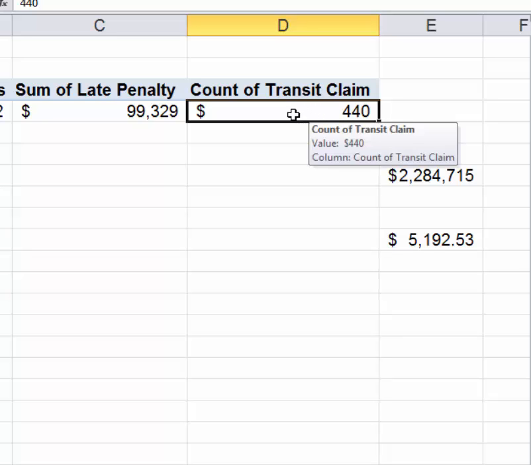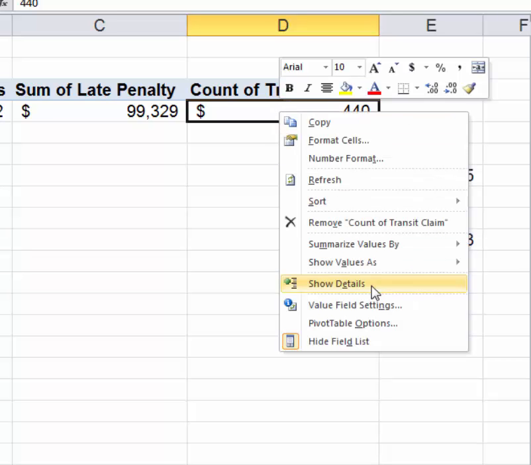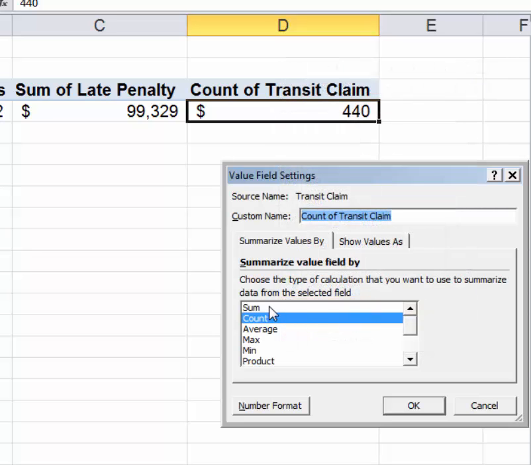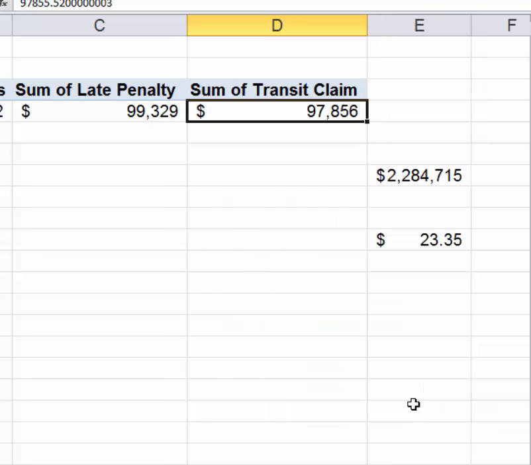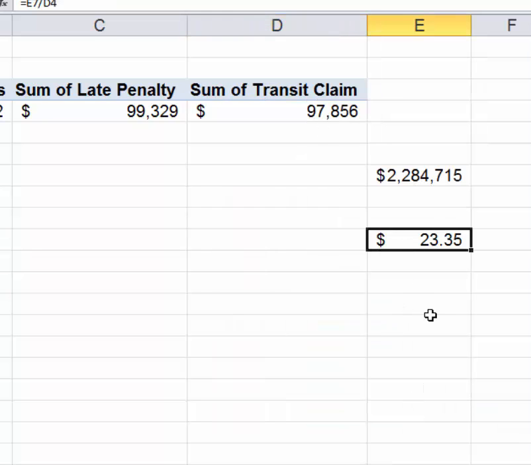No, they weren't. But what Pivots did for you is it counted how many claims there were. So about 800 shipments we made, 440 of them had claims on them. What you want to do is right click, value field settings, and add up the claims, not count them, and it tells you $97,000. So let's do that number. It is the total claims,